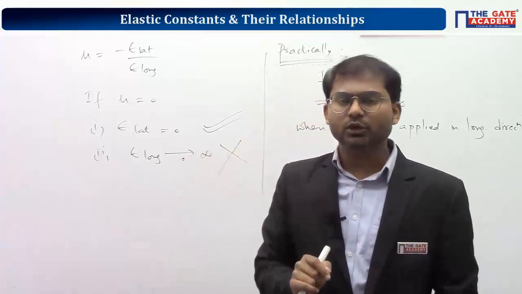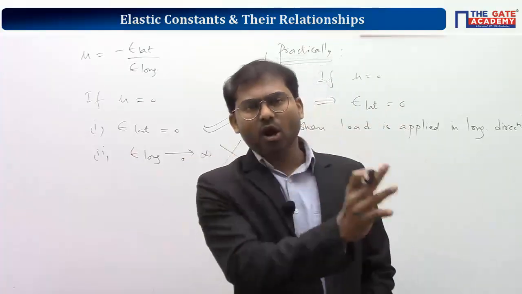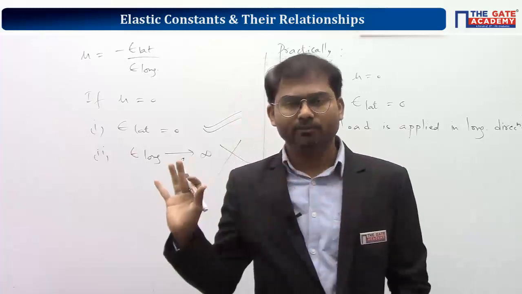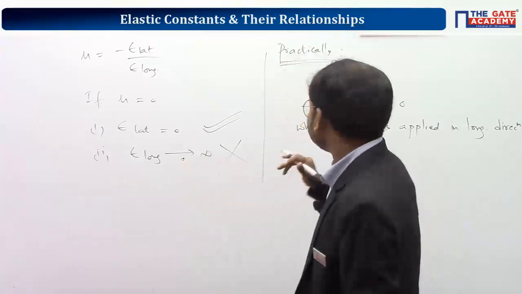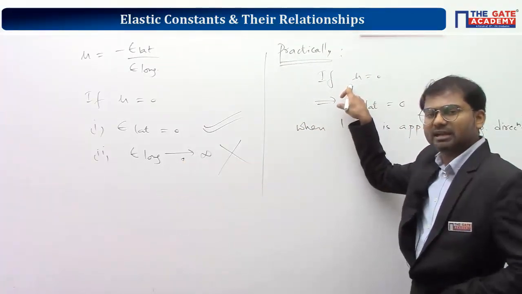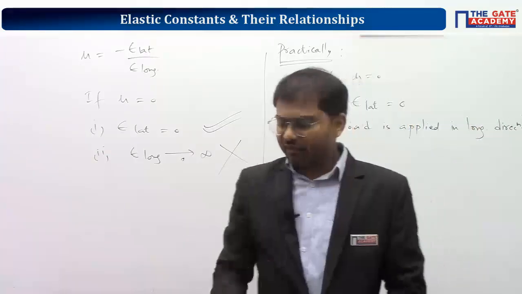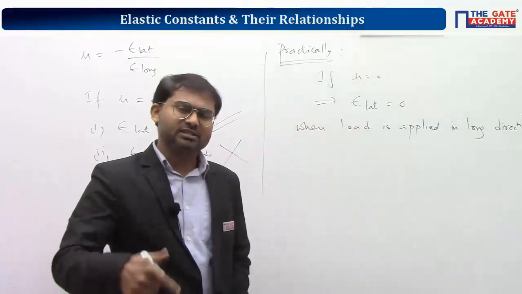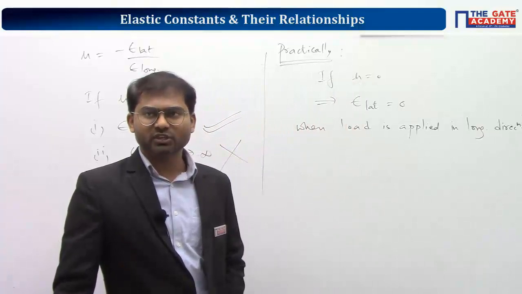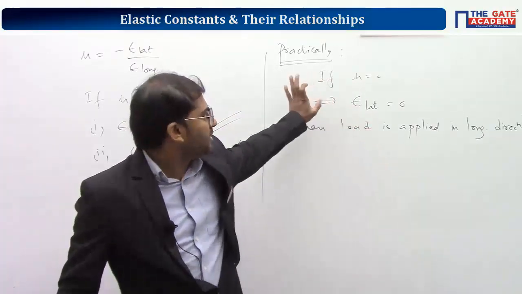Here I would like to tell you one statement: for a rigid material, we just allot the Poisson ratio value to be 0. That's all. Practically speaking, if Poisson ratio is 0 and you're dealing with a deformable solid, its lateral strain will be 0. But whenever you are taking a rigid material, we just take the Poisson ratio value to be 0. For this question, the answer is A. But practically speaking, Poisson ratio 0 means lateral strain is 0.